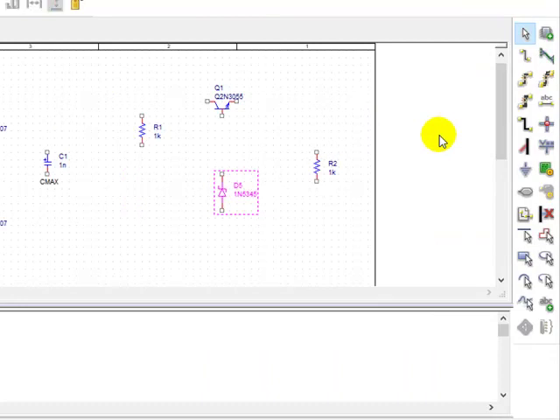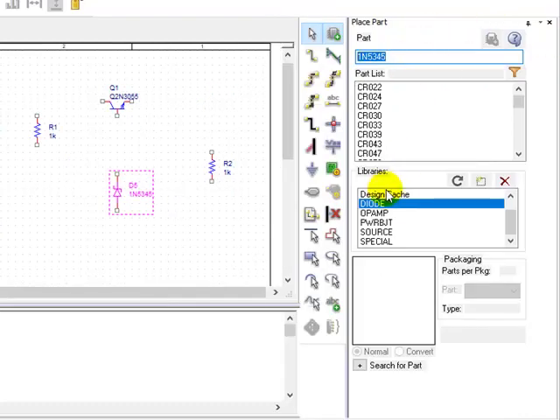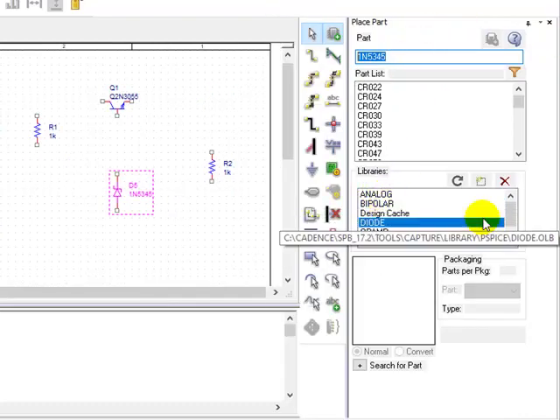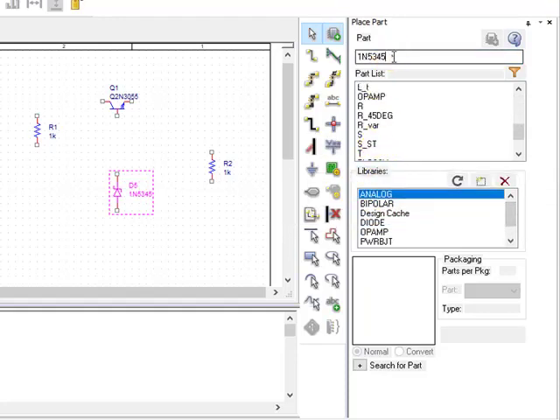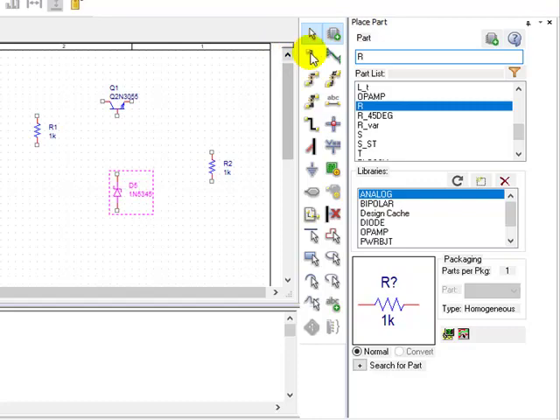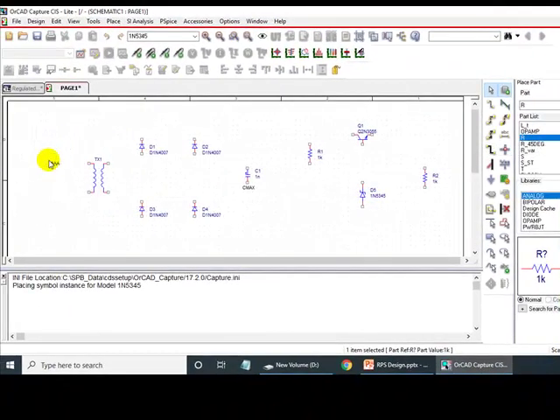Everything is over. I need to add this source. Please make sure that you add one source resistance from the analog library. I'll take one resistor. This is required only for the simulation. This is the source resistance of the primary winding. So this is required for simulation, otherwise you will get simulation errors.